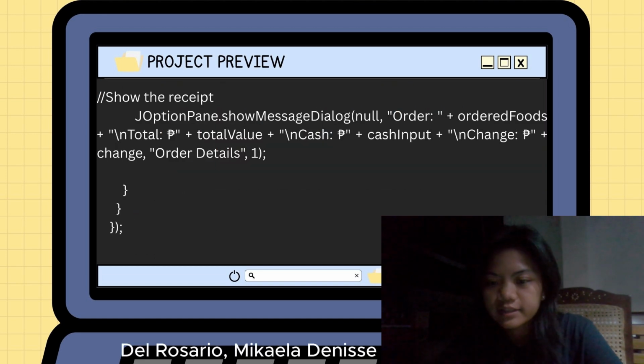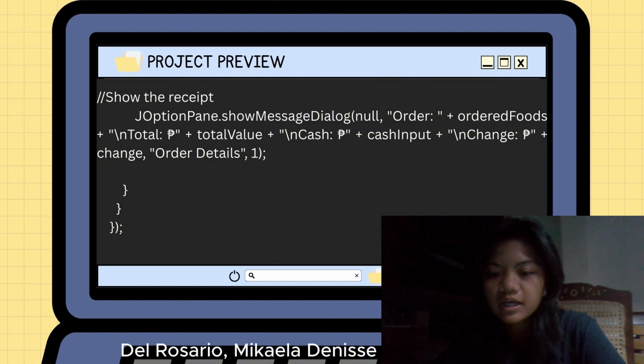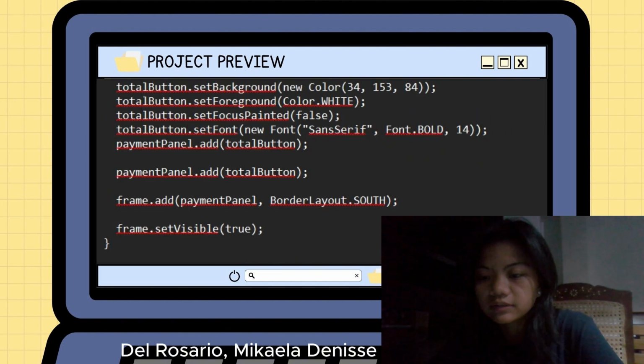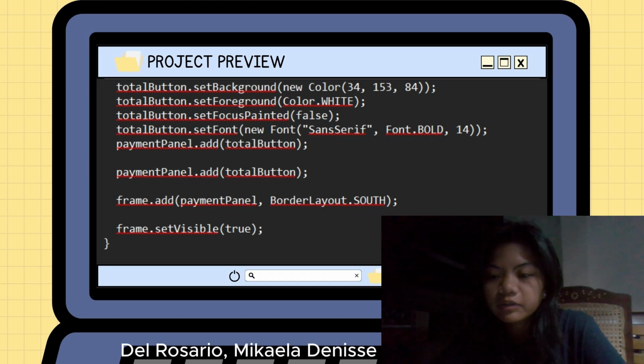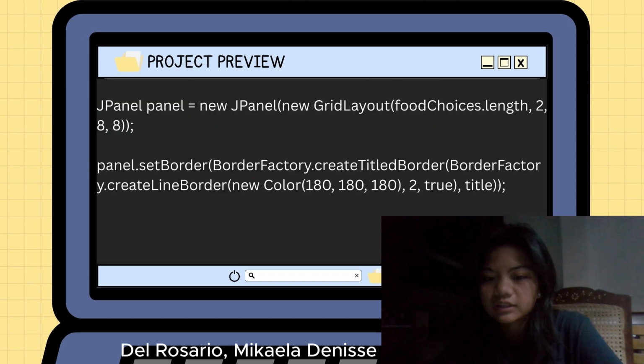The main interface divides the screen into three sections using a JPanel with a grid layout, representing different food categories: putahe, panghimagas, and inumin. Each category is populated with a list of food items and their respective prices stored in arrays. A separate payment panel allows users to input cash amounts and display the total cost of their selected items. The total value variable tracks this cumulative cost, while a 2D array named complete order stores the details of the